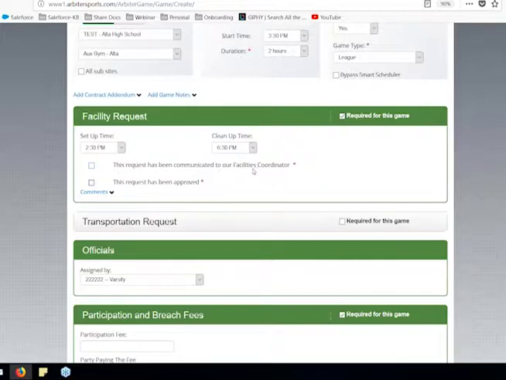Now, if we've created the game, we can send an email over to our facilities coordinator, and we can put a checkbox there. Now, there is also a thing, as well as with transportation, called School Dude. School Dude is a third-party application, or a third-party company, that can be used from your facilities department as well as your transportation department.